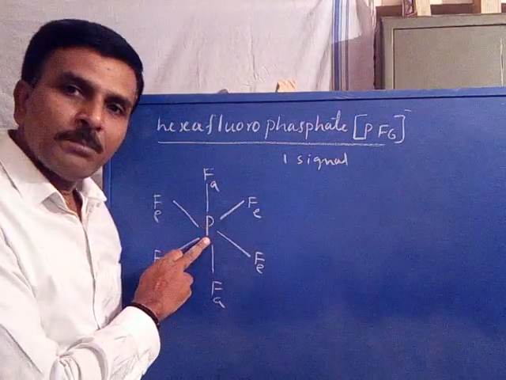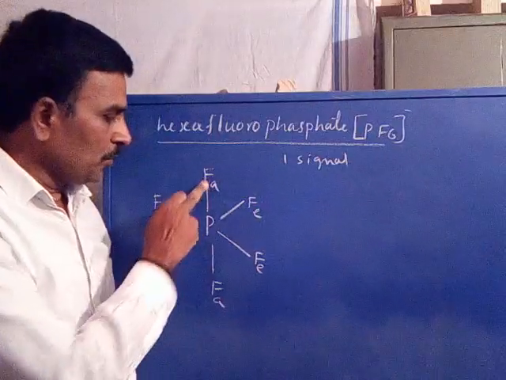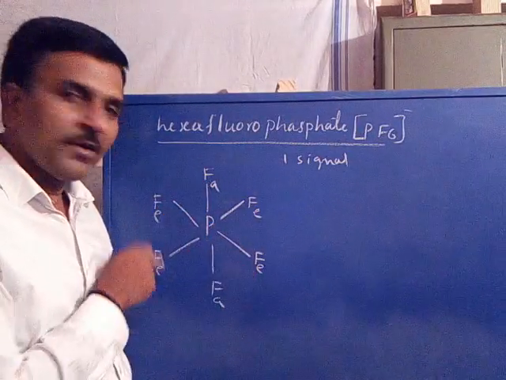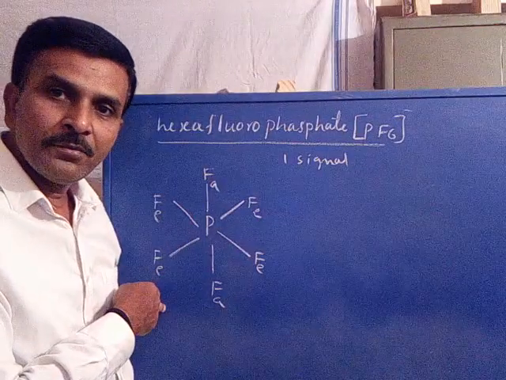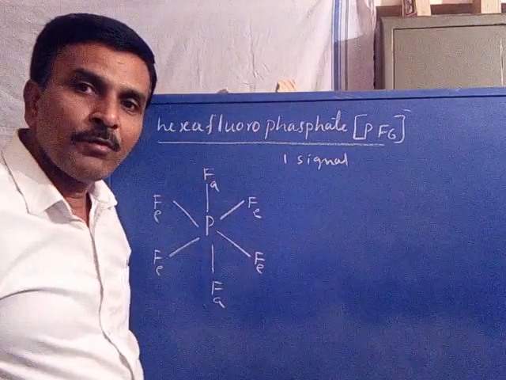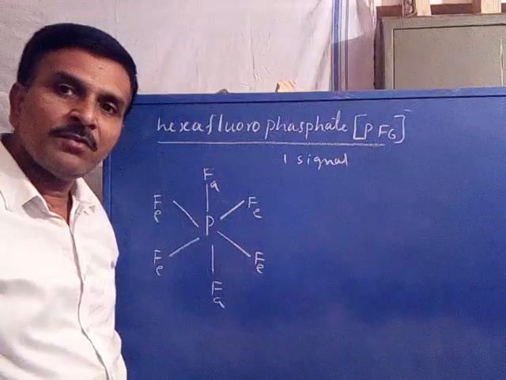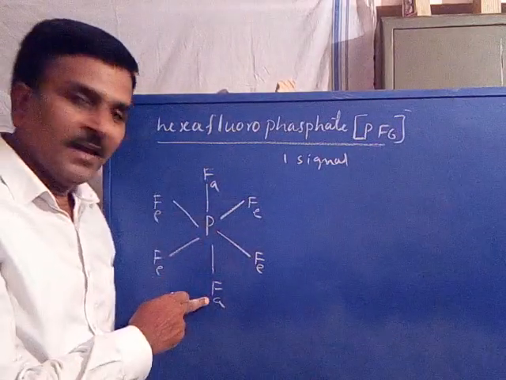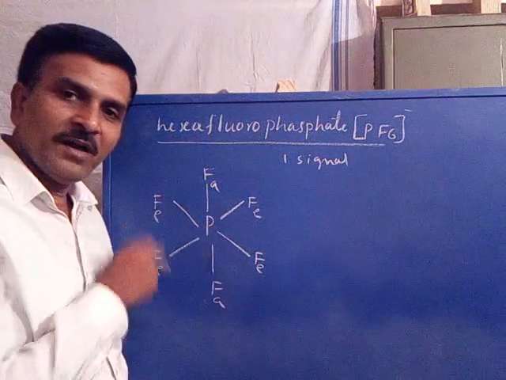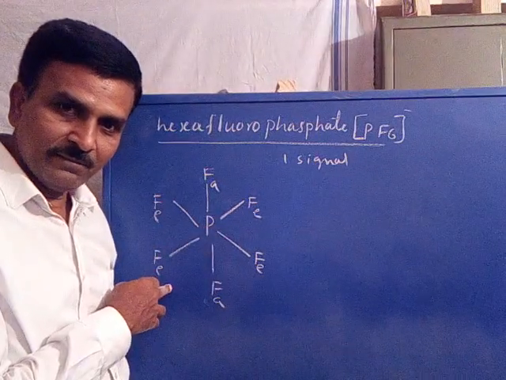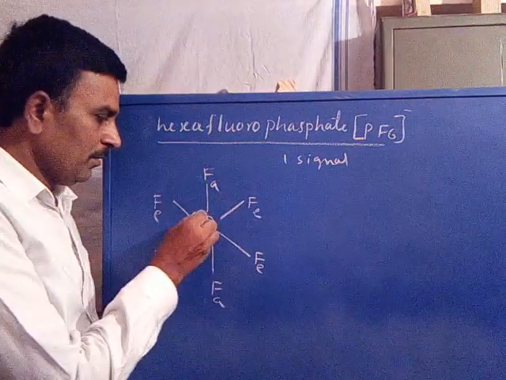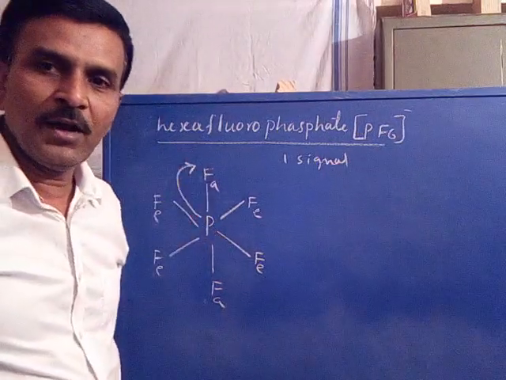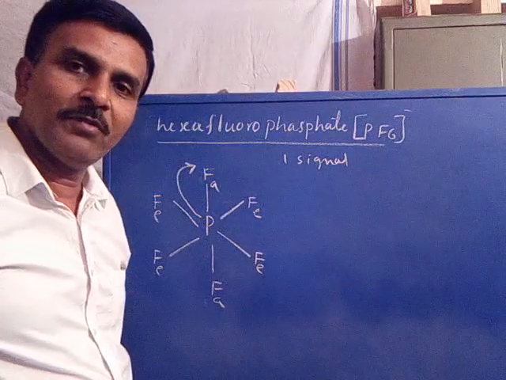The phosphorus couples with fluorine nuclei, as the fluorine is active. The 2 axial fluorines are non-equivalent to the 4 equatorial fluorines. Here the 6 fluorines are distributed in 2 groups: the 2 axial and the 4 equatorial. Now first, when the phosphorus couples with axial fluorine, how many axial fluorines? 2. 2 plus 1,